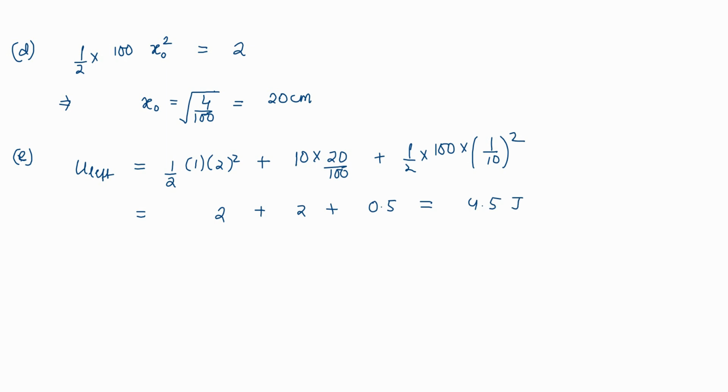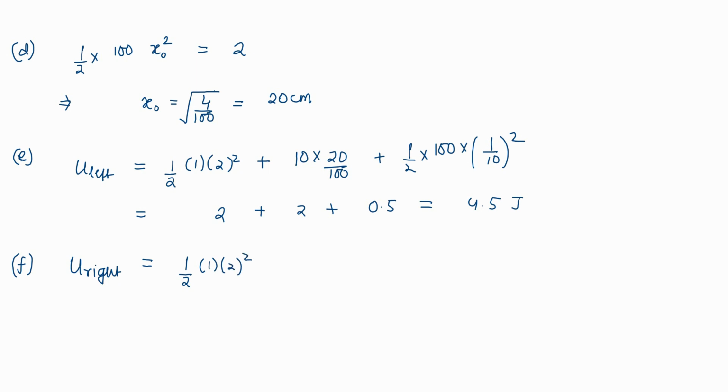So this is the energy which is stored in the form of spring potential energy when the spring goes to the left extreme. Now at the right extreme, what is going to happen? Everything is going to remain the same. This is going to be the energy which was there due to the impulse.